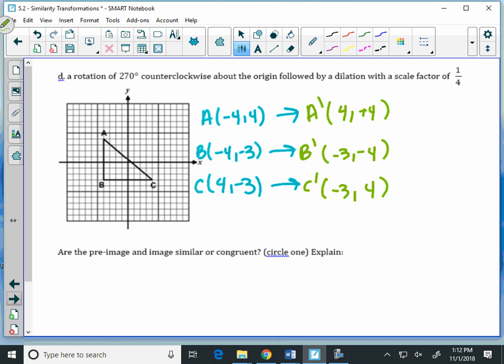That's going to become positive, that becomes positive, and that becomes negative. When we do a rotation with a dilation, do we need to plot those second points? Is it necessary? Just go ahead and do your dilation. Double prime, E double prime,